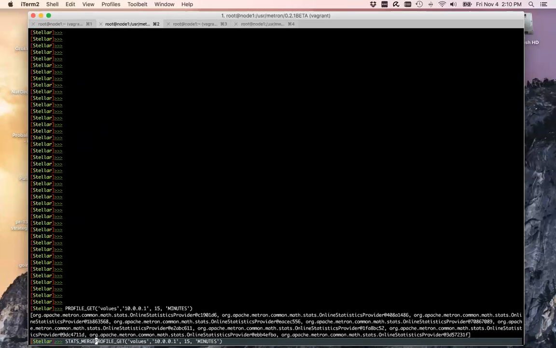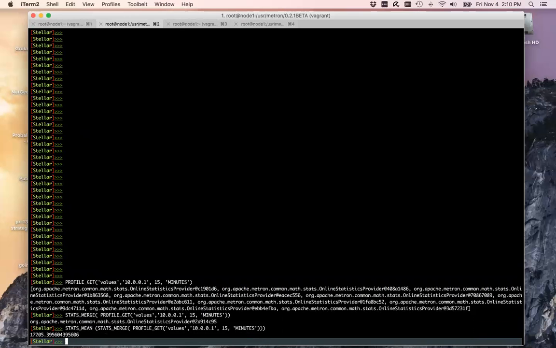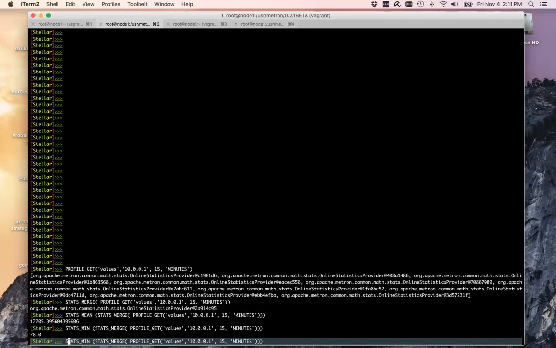So we've got a nice stats merge function that I can use to then merge all of those different values into one stats object. And then I could say, okay, give me the mean of this. So there's the mean of the values I'm getting, which kind of makes sense, right? Because I said it's between 0 and 32K. I can look at the min. I can look at the percentile,